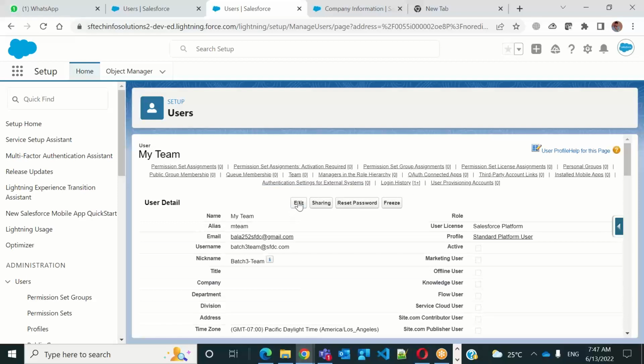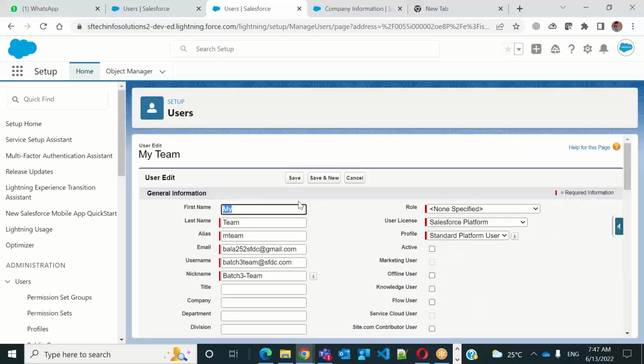Okay. So why do we have two options? We have freeze and we have inactive. What's the difference? Freeze stops the user from logging in, but it will not release the license back to the org. But active and inactive will help you release the license back to the org so that you can use that license for other users,